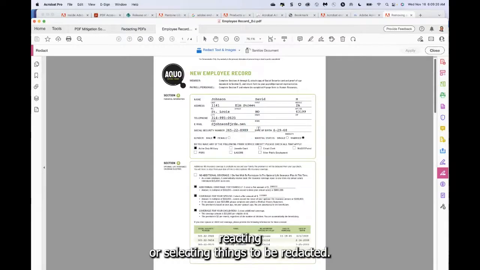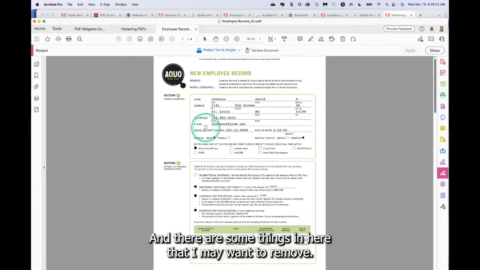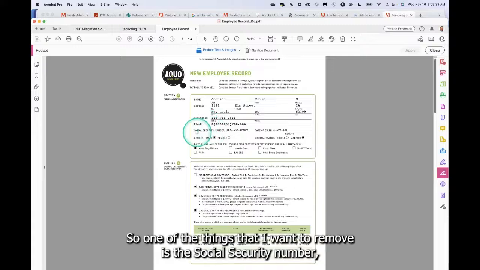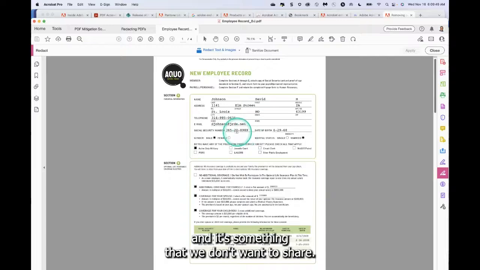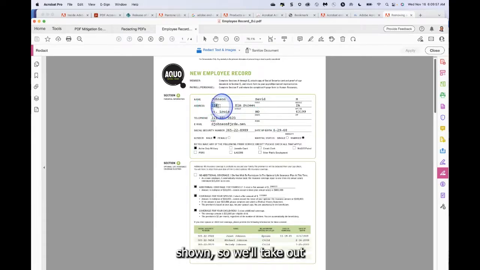redacted. So as I go through this document, let's say, for example, maybe this document, this employee record is going to go to court, and there are some things in here that I may want to remove. So again, I'm based in the States, so one of the things that I'll want to remove is the Social Security number, which would be your NIS number. We use that a lot here in the States, and it's something that we don't want to share, but I'm going to come back to that and say that as we're working with this, perhaps we don't want the address shown. So we'll take out